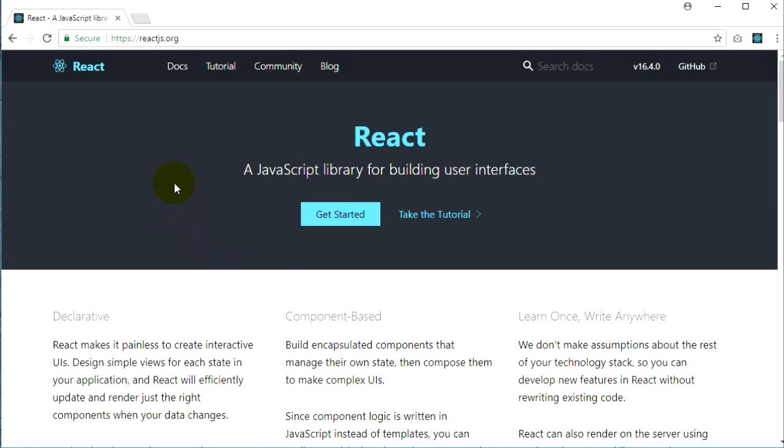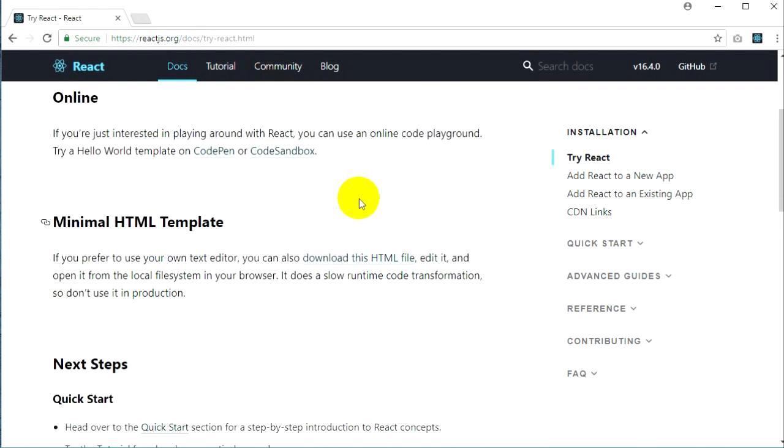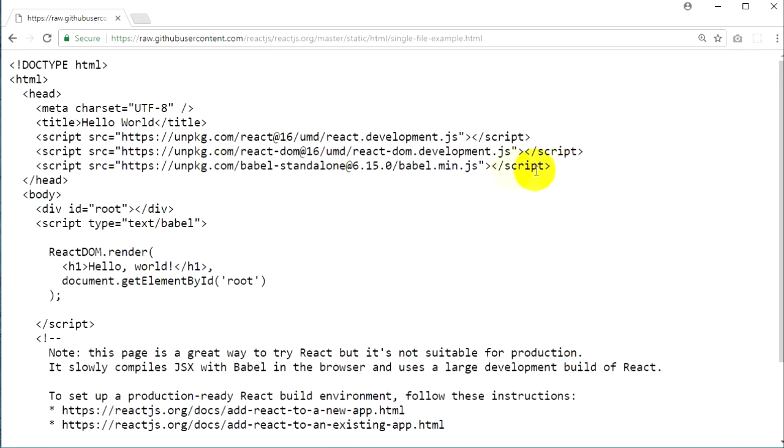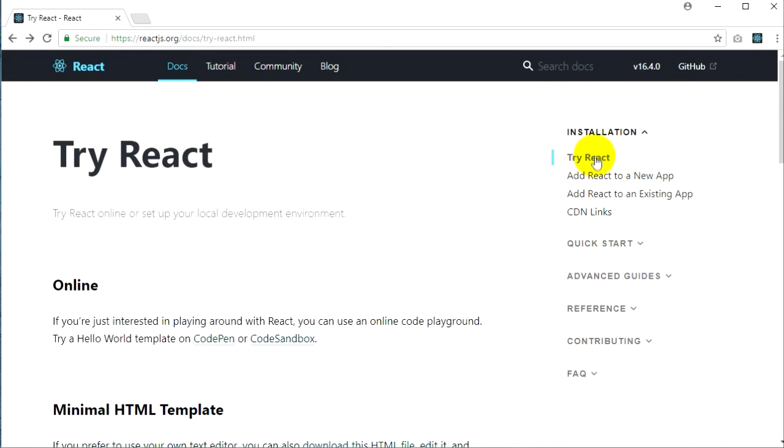Alright guys, in the previous tutorials I told you to go to reactjs.org, click on docs, and then click on the installation section, and then from here we had to download this HTML file, which looks like this. But these two libraries from here are for development, they're not for production. So if you pay attention on the right side here,